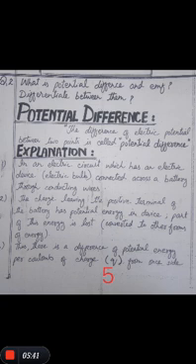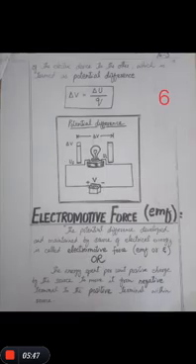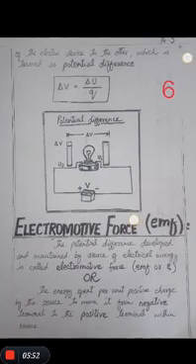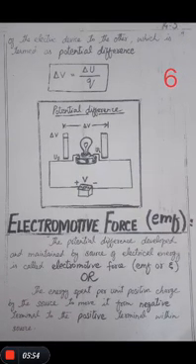So thus there is a difference of potential energy per coulomb of charge Q from one side of the electric device to the other, which is termed as the potential difference. The mathematical form of the potential difference can be written as delta V is equal to delta U divided by Q. The concerned figure for the potential difference is shown in this slide, in which a bulb is connected to the terminals of a battery and the current starts flowing through the bulb.